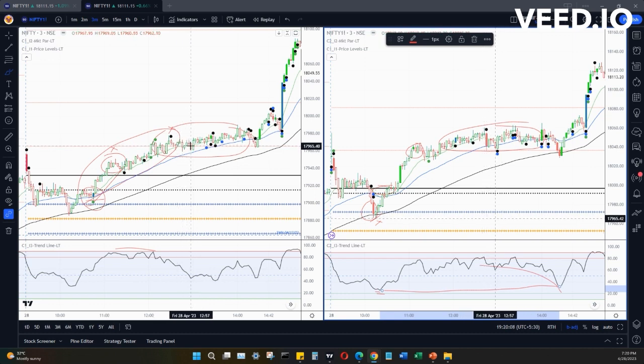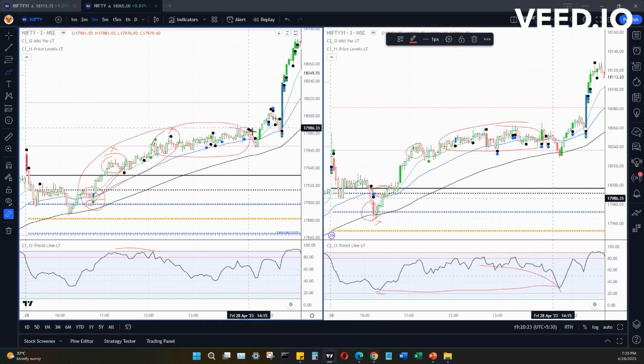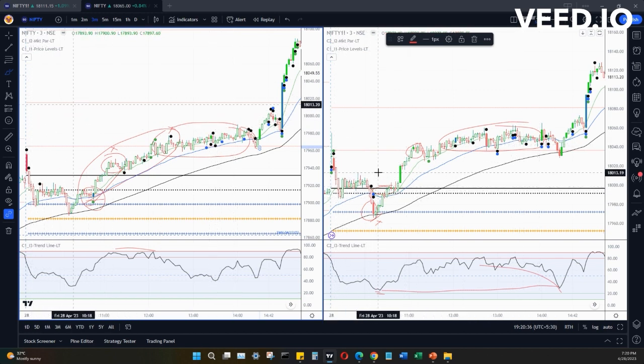But as we moved towards around 2 o'clock, the price made a move slightly above. Even on both these charts, you can very clearly see the price moved a little higher above the daily resistance. Then it retraced back to the daily resistance right here, and the trend line clearly indicated that it's making a dip or it's very close to the bottom. So considering the moving averages, considering the trend, given the fact that the trend is to the upside since the last 3 to 4 days,